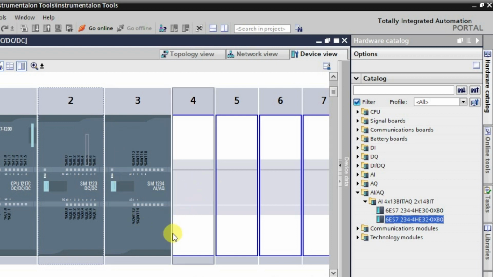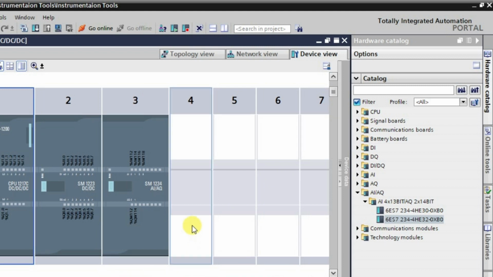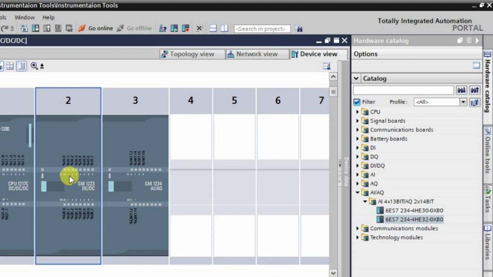As per our hardware requirement we select in the software, so that the configuring becomes easy. This is how we configure our hardware system. We can connect as many different IO modules as per our requirement. Here we have connected only two.